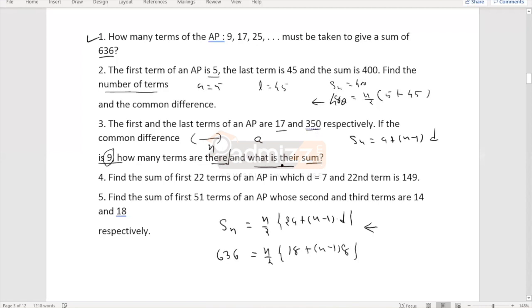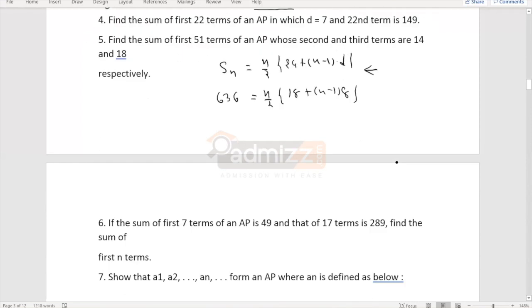After getting the n, what is their sum? You can get the sum also. You can get their sum by using this formula: n by 2 in the bracket, a plus l. First term is given, last term is given, and you have to find the sum, then you can get this. Now in this way,